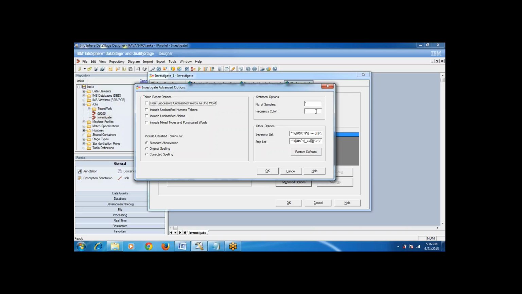And the frequency cutoff is used if we want to see in the report only the patterns having more than 2 or 3 samples.